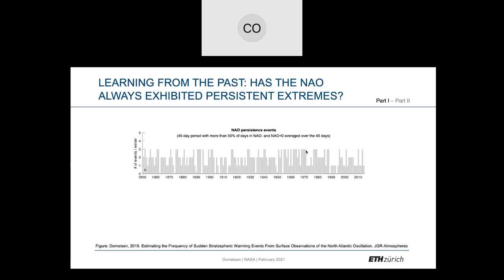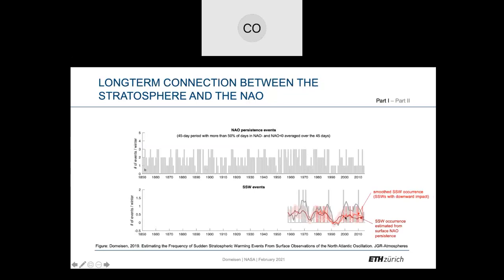Now, the nice thing is, since sudden warmings often have a downward impact, but we don't really know what happened in the stratosphere anytime before the 1950s, but we have time series for when these NAO events happened, we can try to reconstruct what happened in the stratosphere before the 1950s. This was an attempt to do this here. There are lots of lines on here, so I'm just going to walk you through quickly. The red line here is the smoothed sudden warming occurrence, so all the sudden warmings that had a downward impact.